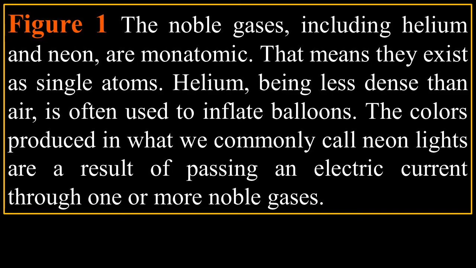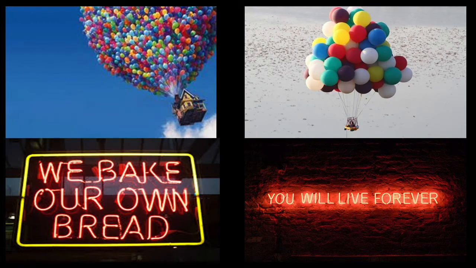The noble gases, including helium and neon, are monatomic. That means they exist as single atoms. Helium, being less dense than air, is often used to inflate balloons. The colors produced in what we commonly call neon lights are a result of passing an electric current through one or more noble gases. When we think of noble gases, we often think of neon, which is in the lower right or the lower left. Helium,